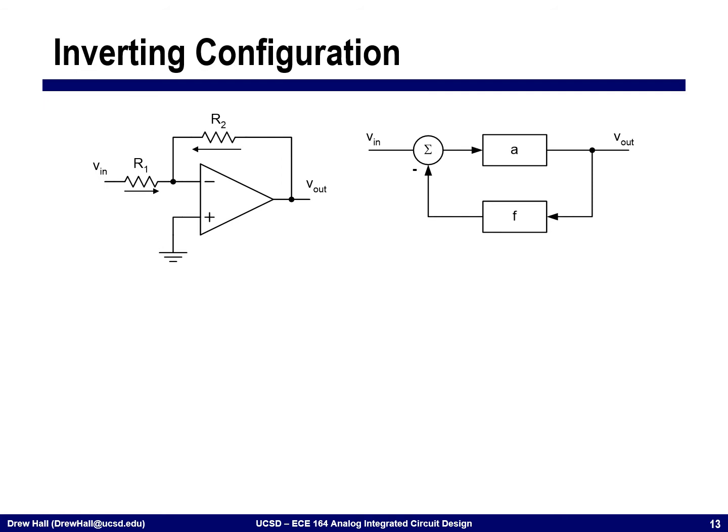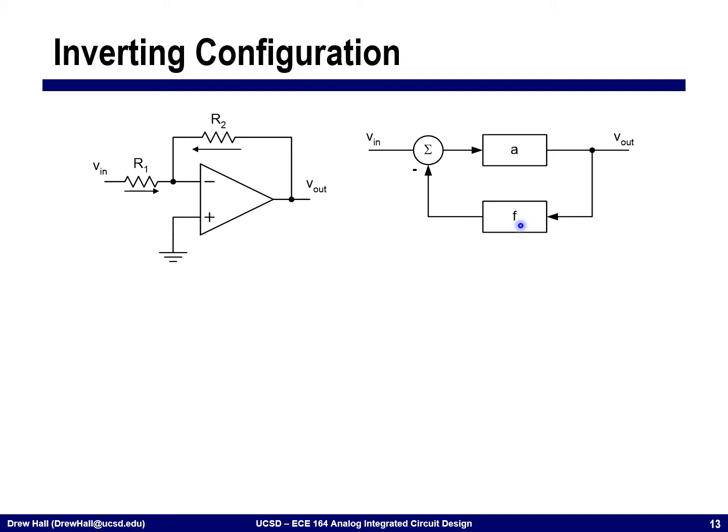So let's take another very simple example. Let's look at the inverting configuration. In the inverting configuration, again, I have the same amplifier and two resistors, but in a slightly different configuration. This is a little bit different, and what you're going to see is that it's more difficult to translate into